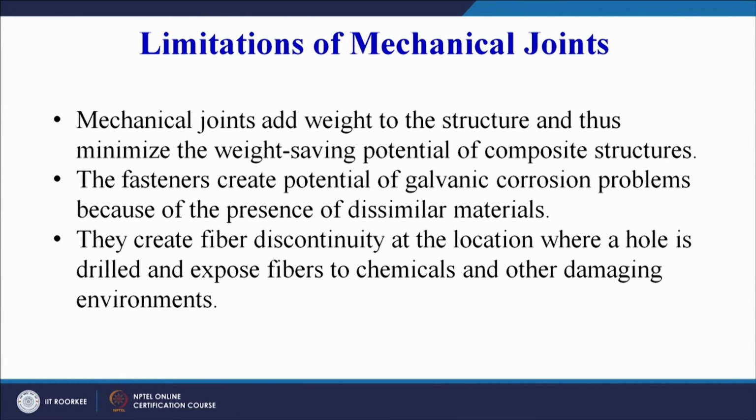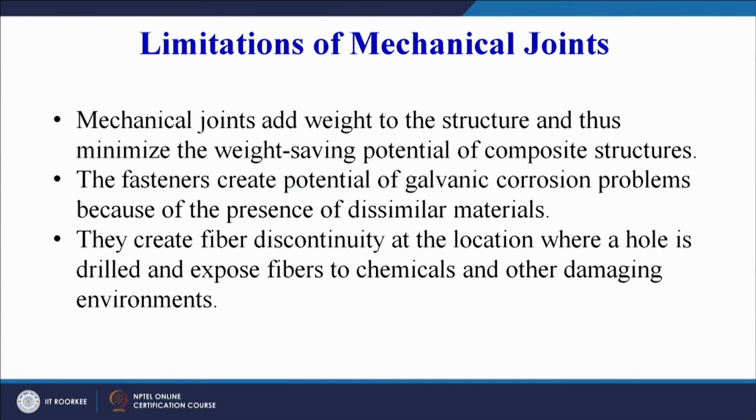Now, composites are usually developed for weight saving purposes, and if we are using mechanical fasteners made up of metals, then subsequently the mechanical fasteners will add weight to the structure and our major purpose of saving weight is lost. The fasteners create potential for galvanic corrosion problems because of the presence of dissimilar materials. So, the multi-material concept, which I have already explained in the context of the differential thermal expansion, also plays a role in the galvanic corrosion, because we have a metallic fastener, we have a polymer based